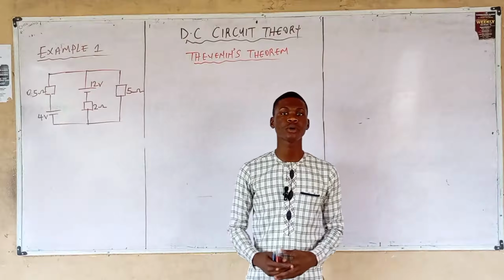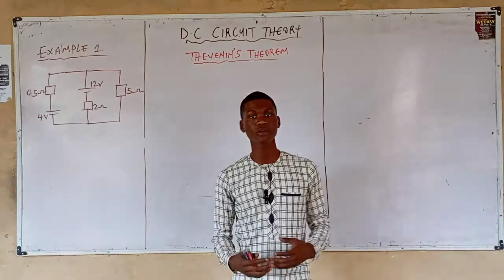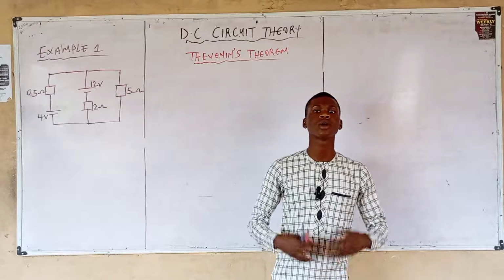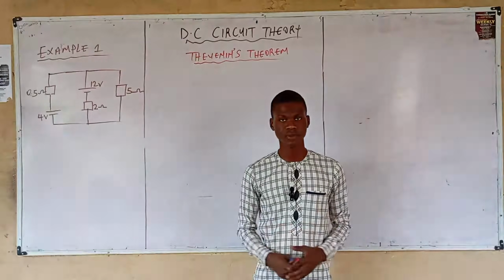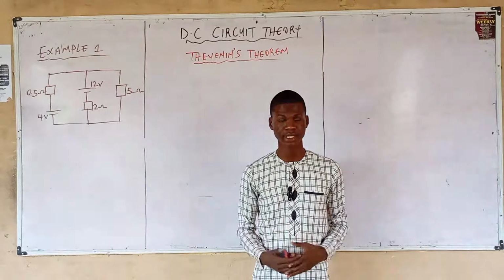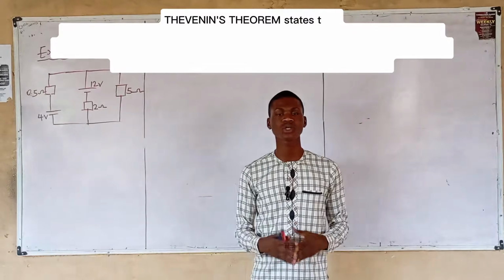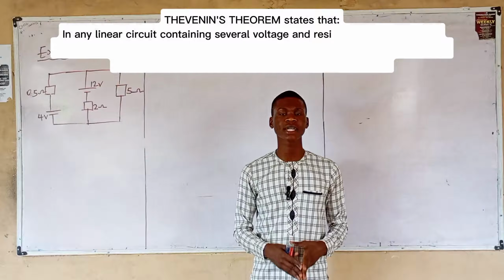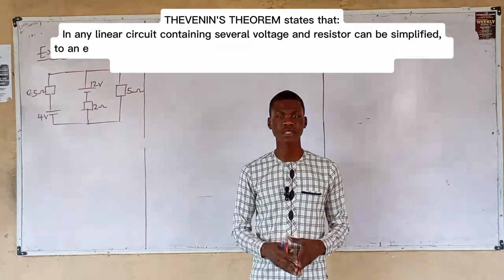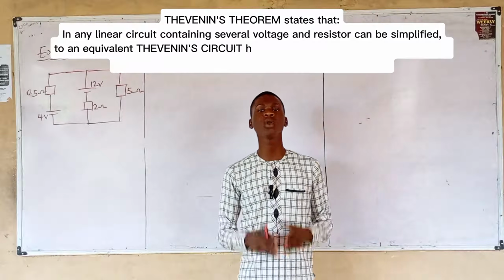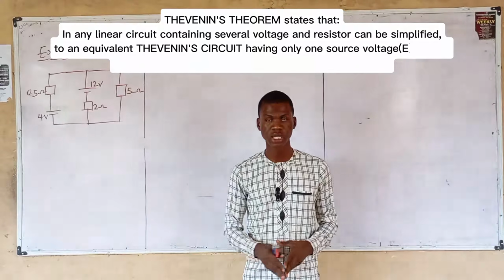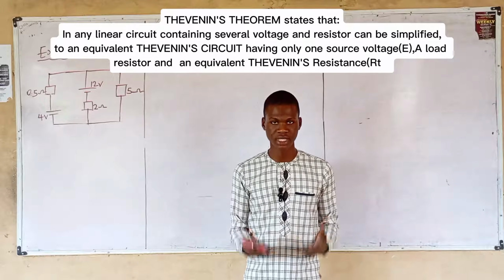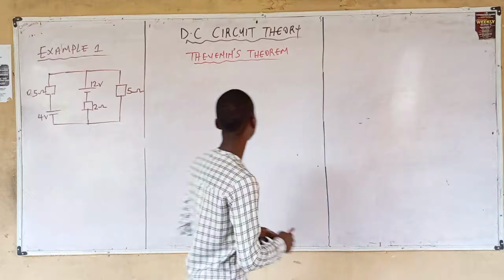In this video, we'll be talking about Thevenin's theorem, following up our series on DC circuit theory. Alright, what does Thevenin's theorem state? This law states that any linear circuit containing several source voltages and resistors can be simplified to an equivalent Thevenin circuit having only one single voltage, a load resistor, and an equivalent resistance. Mathematically,